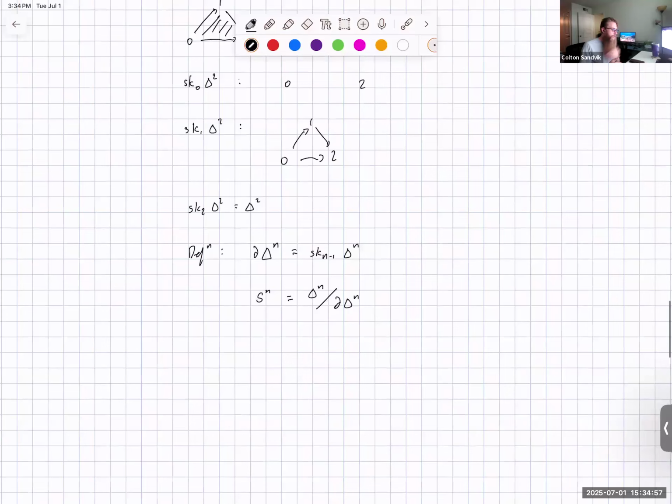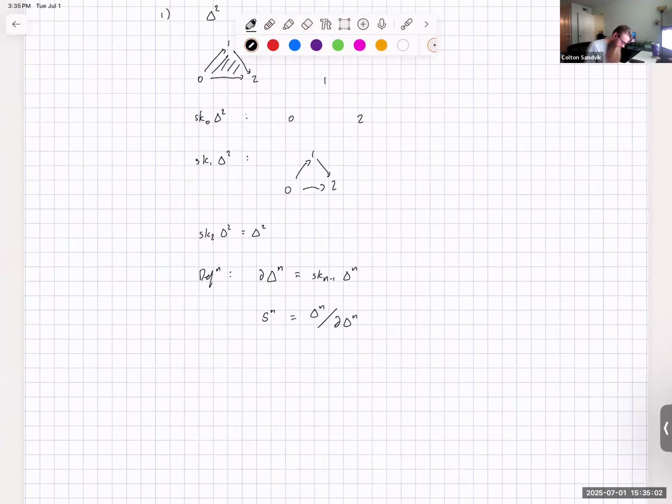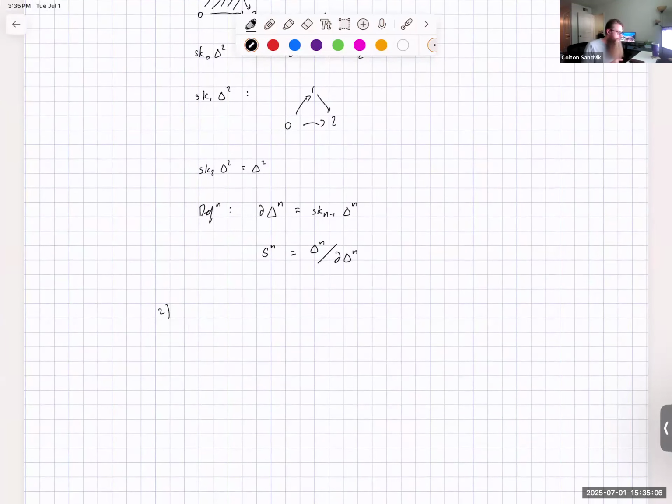Another related example is this idea of a horn, which I think we'll need in the future. If we look at the boundary of our n simplex, this is just the n minus one skeleton. And what we saw in this example is that there's a very nice description of this. This is just a union of, in this case,